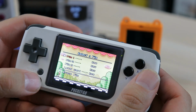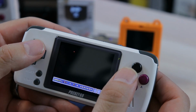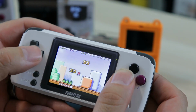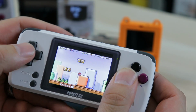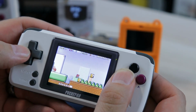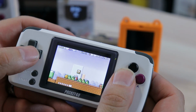Super Mario. Let's see how this looks. Buttons are remapped. Oh yeah, that screen tearing. You could see it on the blocks, like really bad. I'm sure you could see the waviness. For me, it's rather distracting. It's not running extremely slow or anything. The sound is fine. But that screen tearing, it's ugly, because I know some people are going to argue